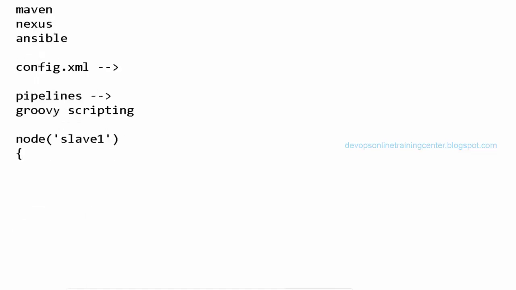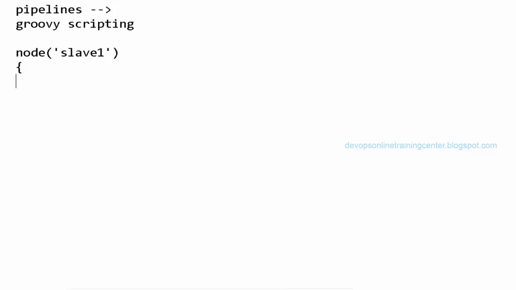Some of the projects are implemented, some are not yet implemented. People are not using plugins or freestyle jobs now. They are moving to pipelines and multi-branch pipelines. So if you know the flow of Jenkins, how it works in a pipeline and how it works in a freestyle job, it is easy to write the pipeline code, right?